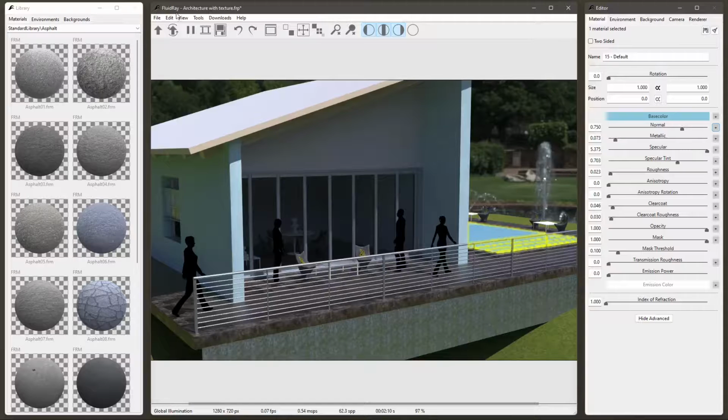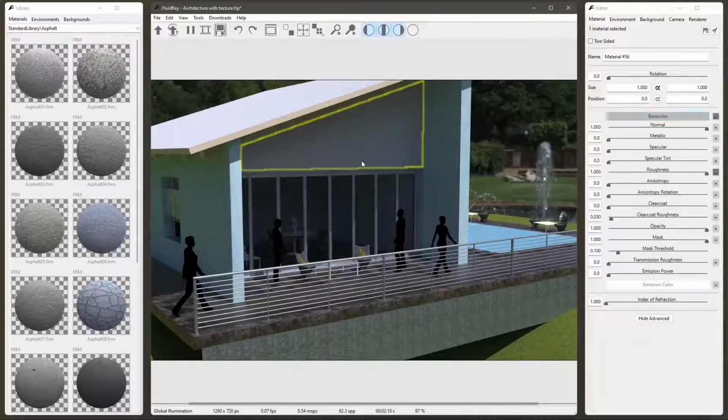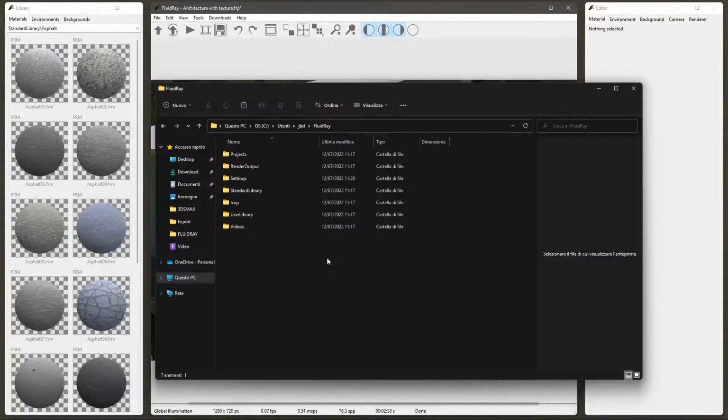In this video, we will continue to talk about materials in FLUIDRAY, and we're gonna use textures inside the materials to make them look more realistic. So we are switching from simple materials with simple colors or simple values, and we're gonna go into the more realistic PBR materials with the use of textures. Now, first of all, we saw that we have libraries in FLUIDRAY that we can use and are really helpful,